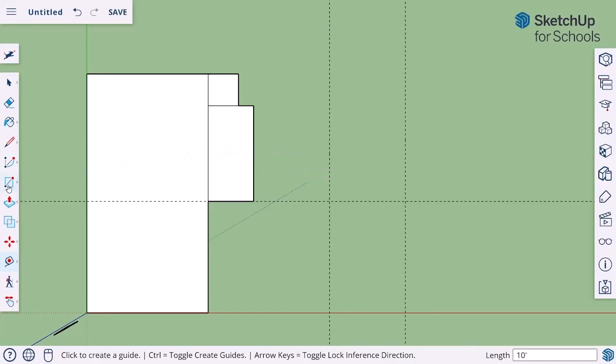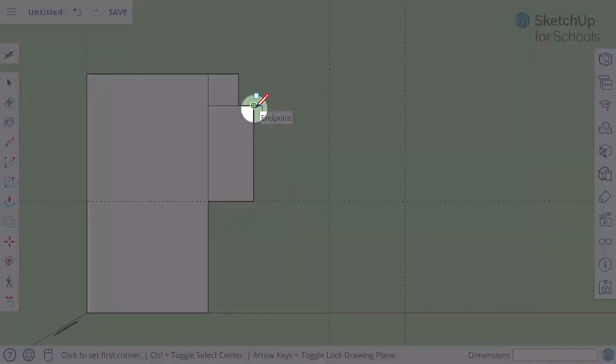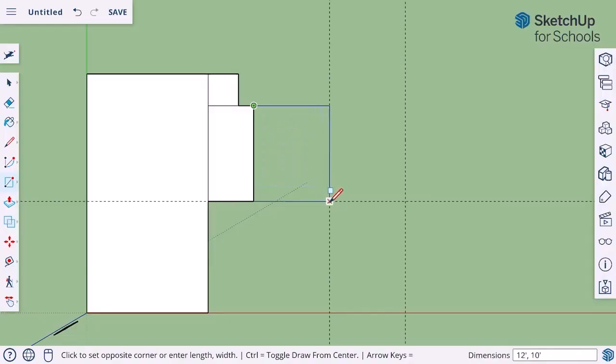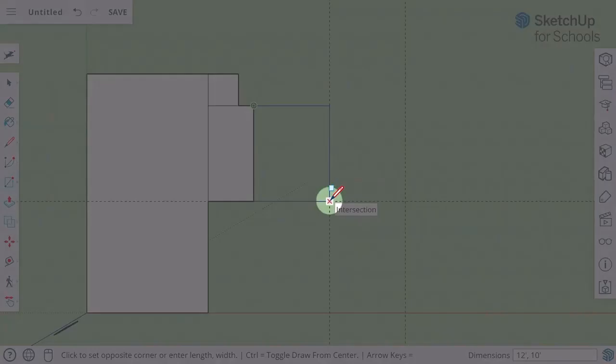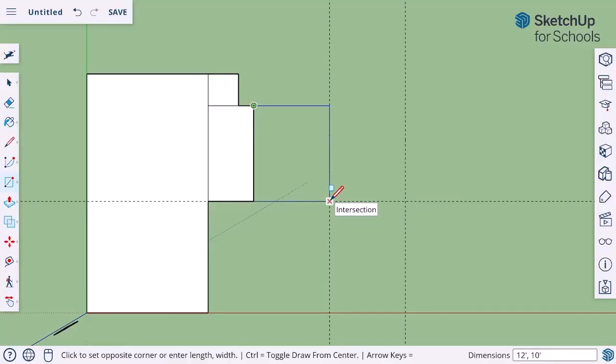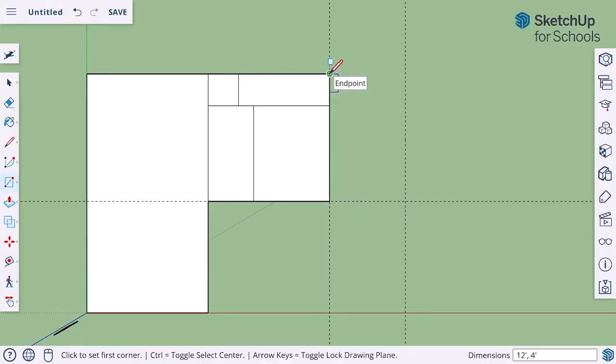So let's click on the rectangle tool over here. Let's start by drawing the first bedroom. So we're going to start at this endpoint here, move down and to the right, and we're going to click right at that intersection of the 2 guides meeting. Let's draw the hallway going from this endpoint here down to this endpoint here, and then going from this top endpoint here, let's bring that all the way down to the far intersection. When we're done with the rectangle tool,